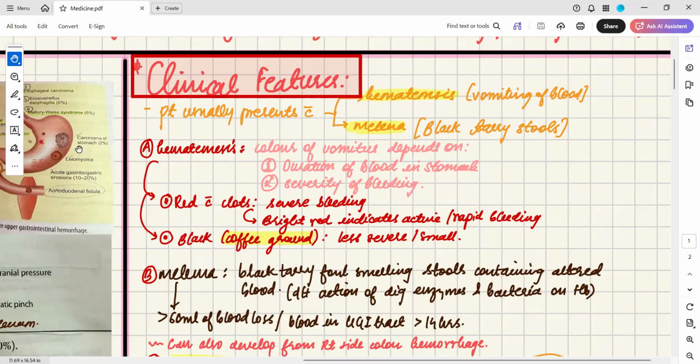As we all know, hematemesis is vomiting of blood. The color of the vomitus depends on either the duration of blood in the stomach or the severity of bleeding. Like, if there is red vomitus with clots, it indicates that there is